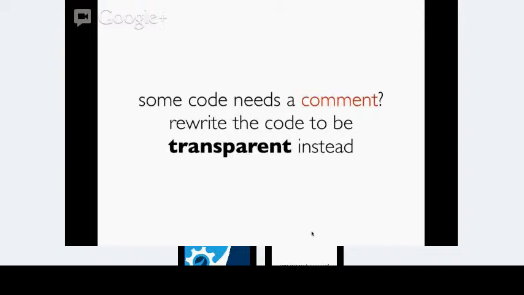It actually doesn't mean that the lack of a comment is bad in this case. It's actually the code that is not clear enough, not transparent enough, not simple enough, and that's why it needs a comment. So in such cases, it's always better to rewrite the code to be simpler, to become transparent, than to add